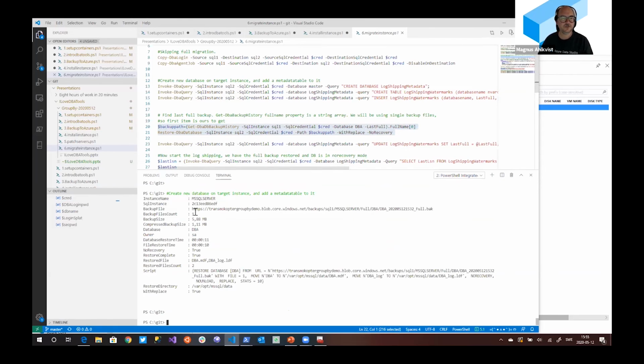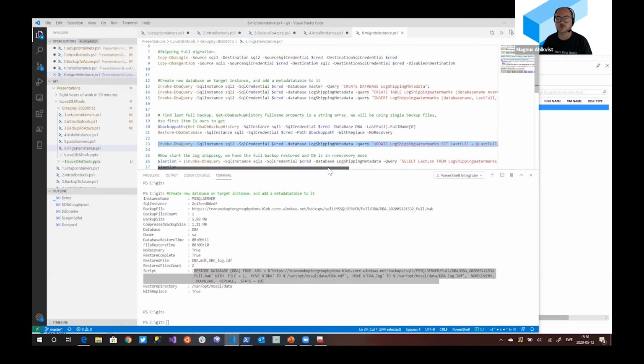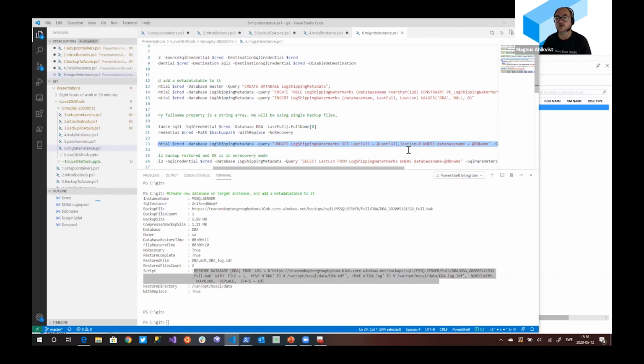Yay, there it is. And I get some information on here, for example, which SQL command was used to do the restore. Now I want to update the table log shipping watermarks to tell it that I actually did do the